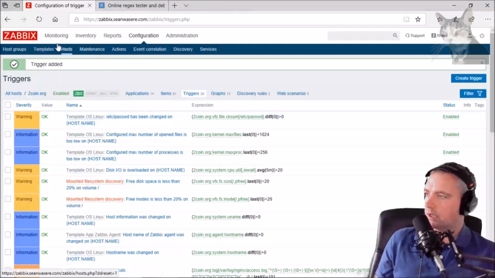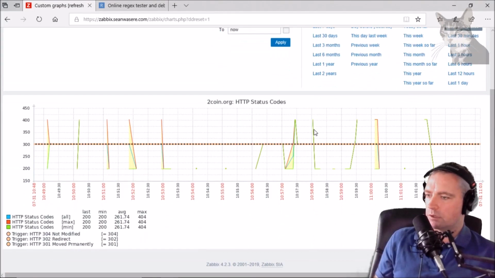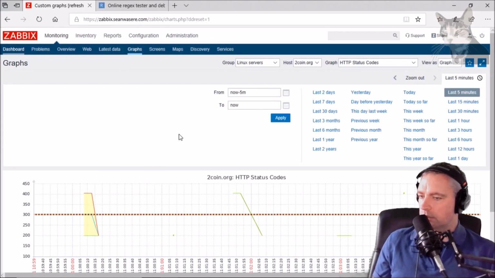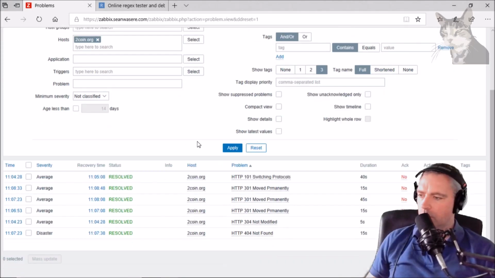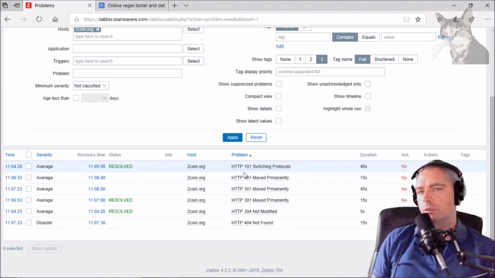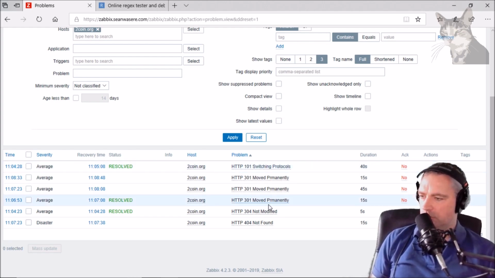Let's go look at that as a graph. Monitoring graphs. Okay, so on the graph now we start seeing the triggers showing up. It's not showing all the triggers, it's showing the triggers for which ones have actually been triggered. In this period I haven't had any 500s yet or 101s. Okay, so let's look at the monitoring problems. Okay, so we're getting a whole lot of triggers being called. Whether you think they need to be triggered or not, it's up to you. I'm just demonstrating that. Okay, lots of 301s,